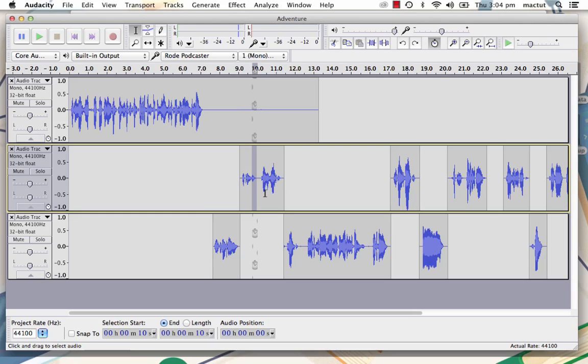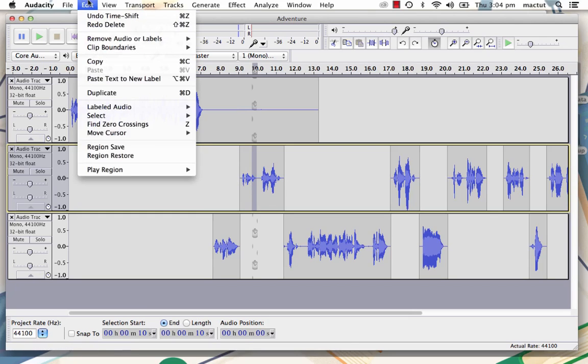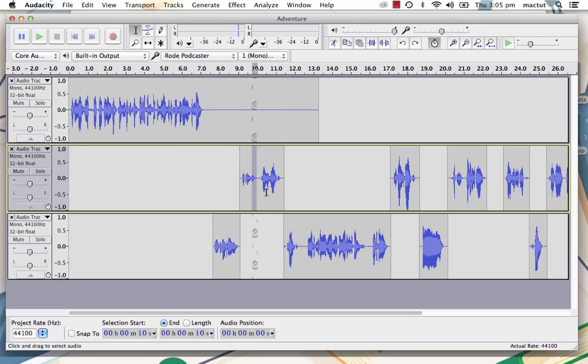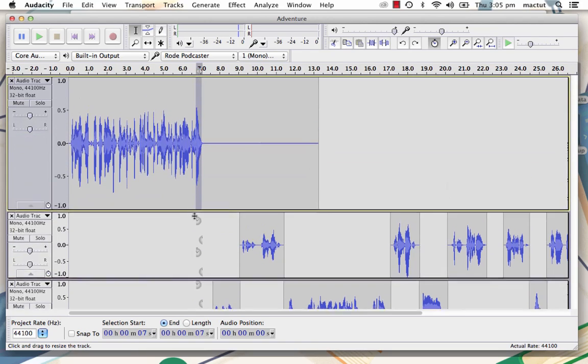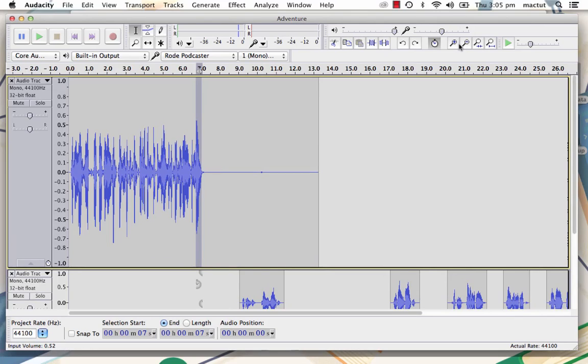I'd also recommend, before you ever hit delete, that you also go to the Find Zero Crossings button, or Z. And what this does is it just moves your selection a fraction of a second so that the ends of your selection line up with the zero crossing on your waveform and you don't get a horrible click or pop at your edit points. For instance, if we zoom in nice and close to this channel here,